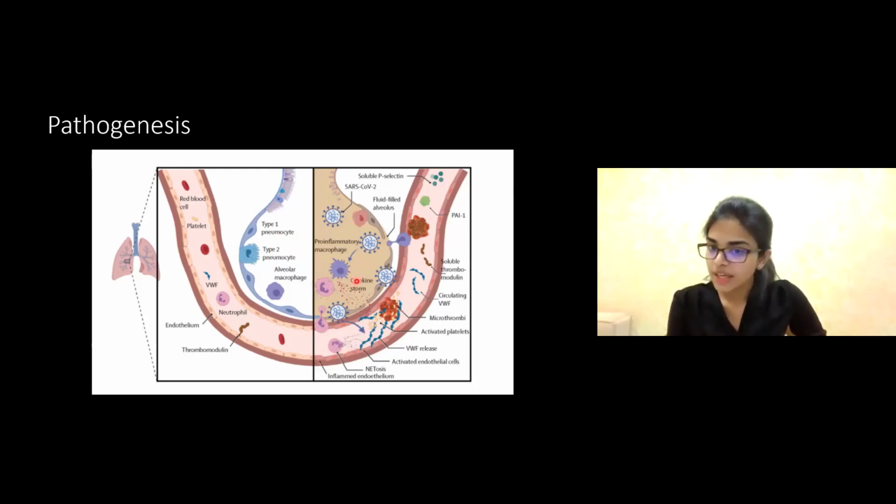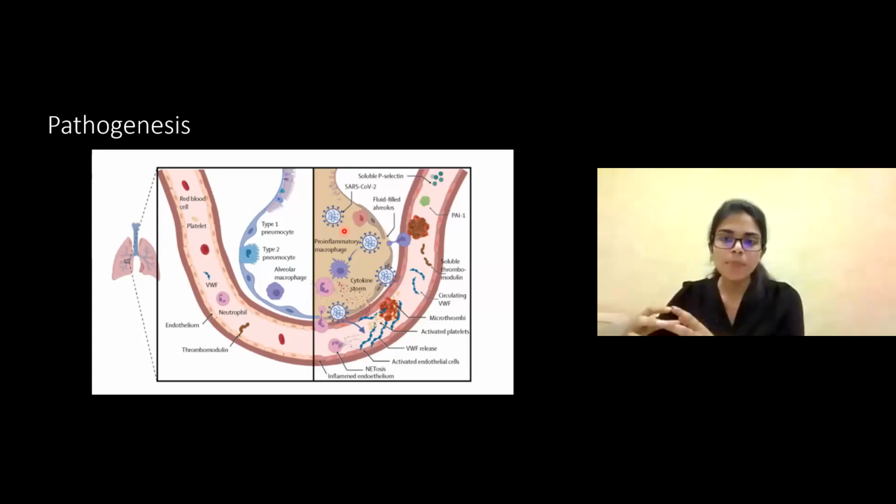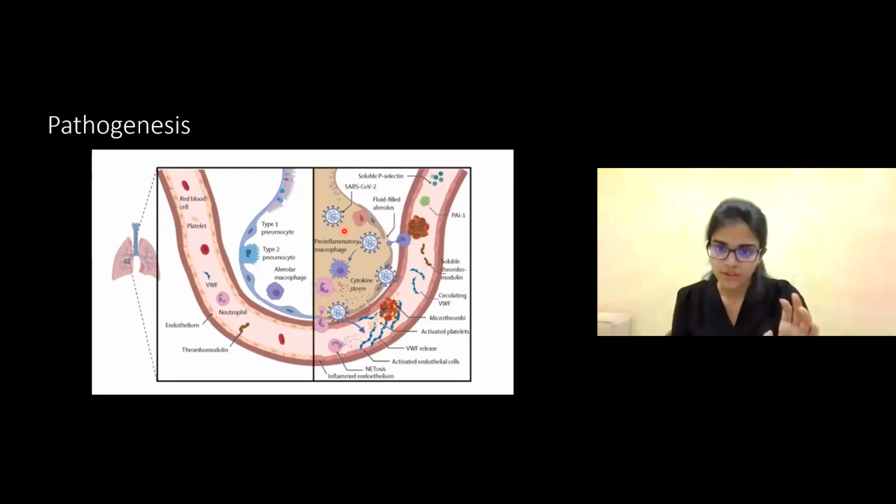The vessels are going to be very leaky, and fluid is going to escape from the blood vessels and enter into the alveoli and around the alveoli into the interstitium. So to put it in simple terms, endothelial injury and microthrombi and leaky vessels. So there's going to be fluid into the alveoli and around the alveoli, causing some alveolar collapse. So you kind of understand what happens in COVID, right? So the main pathology is going to be centered in the most distal parts of the airway. That's why you get those airspace opacities in the peripheral subpleural locations bilaterally, right? So this is in general.